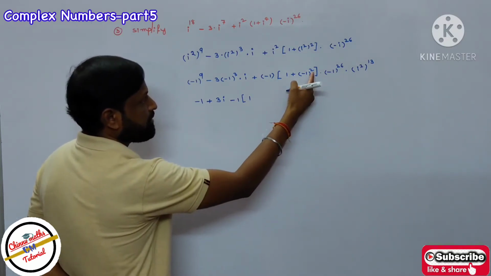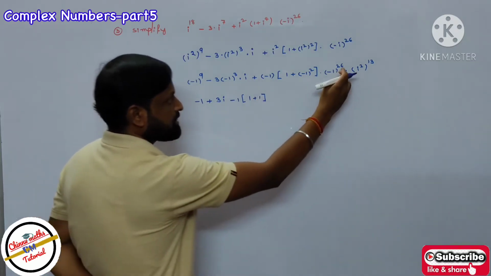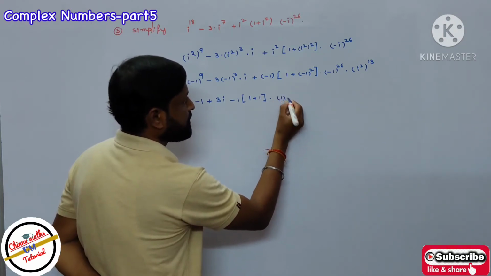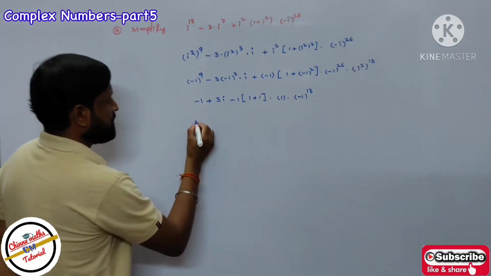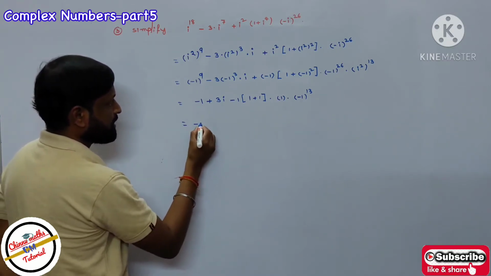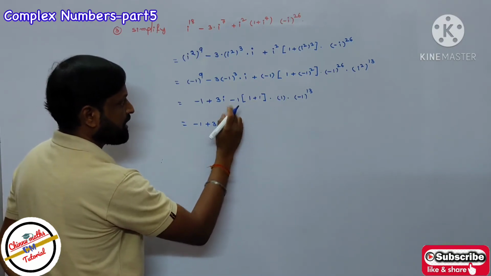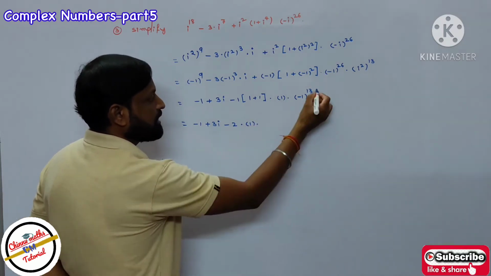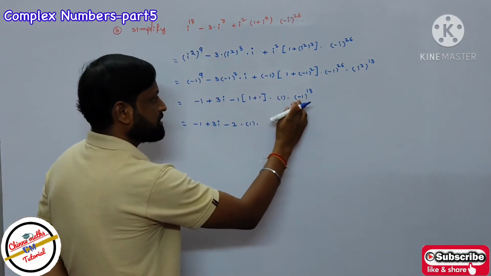It is the even number, which means it is a positive value, 1 plus 1. Then 26 is also even number, so that is equal to 1 into i square value, minus 1 to the power of 13. Okay, next it is equal to minus 1 plus 3i, 1 plus 1 is 2, 2 into minus 1, that is equal to minus 2 into 1 into, is it the even number or odd number? 13 is the odd number, so odd number means it is the negative value.